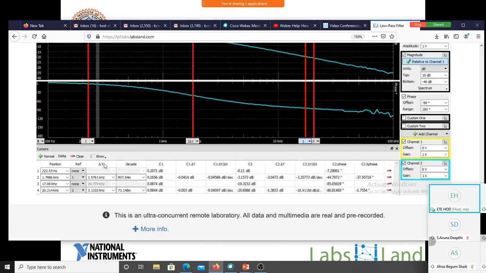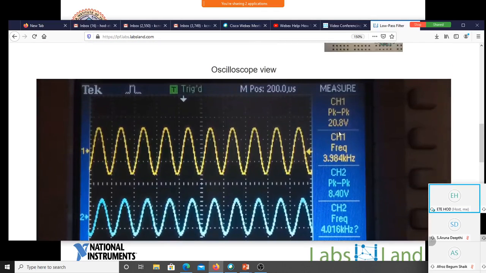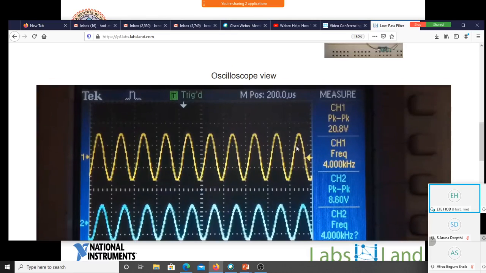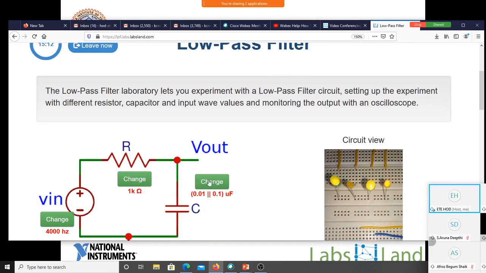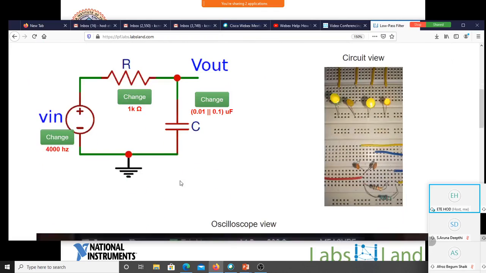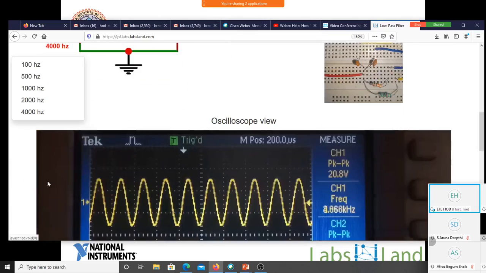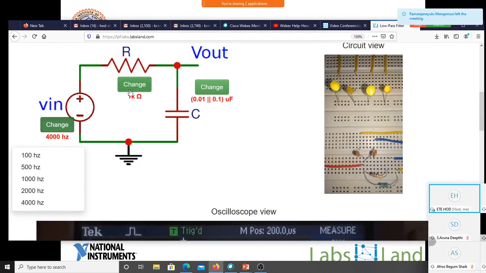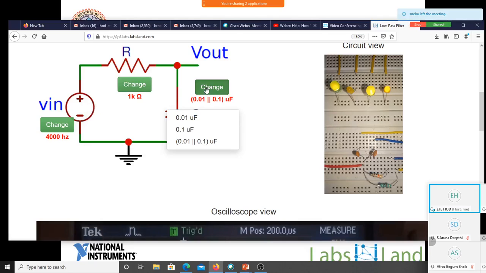Now you can see 1.79, it's almost there. Of course, you can see we actually changed the amplitudes here to have that real-time effect of the signals. And this is how it has 45 different combinations. We have 5 different frequencies, 3 different values of R, and 3 different values of C, which makes 45 different combinations. And this will indicate, you can see these two are on because